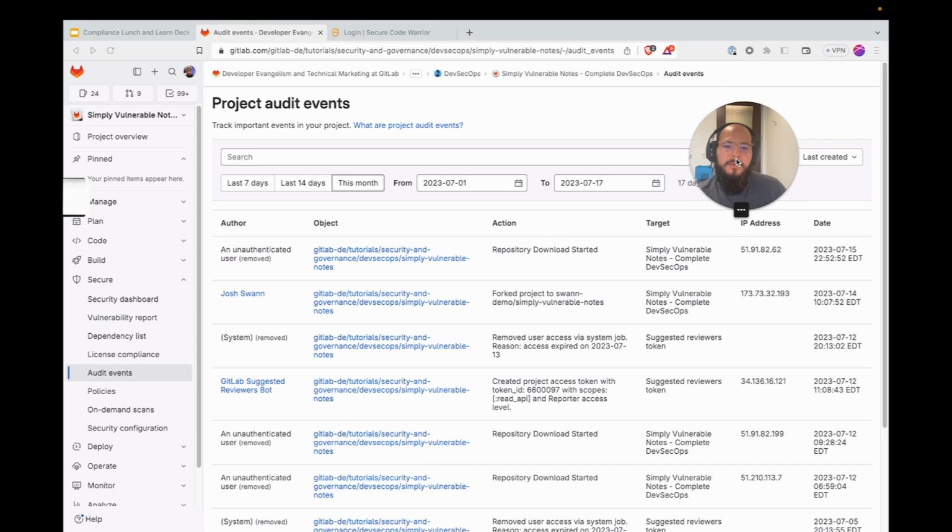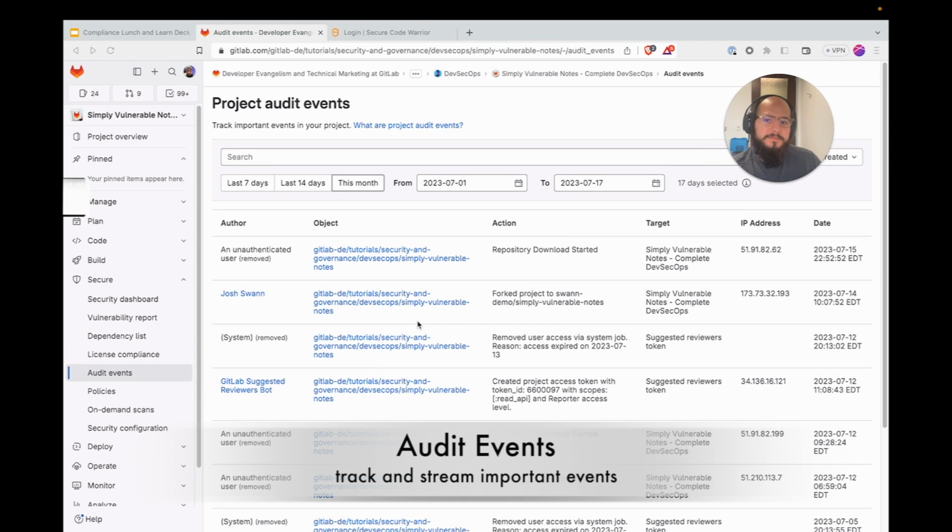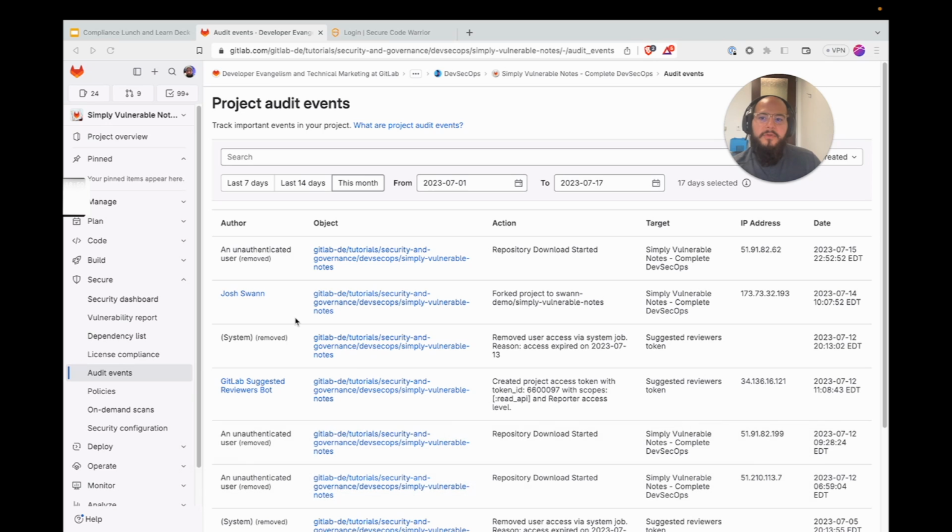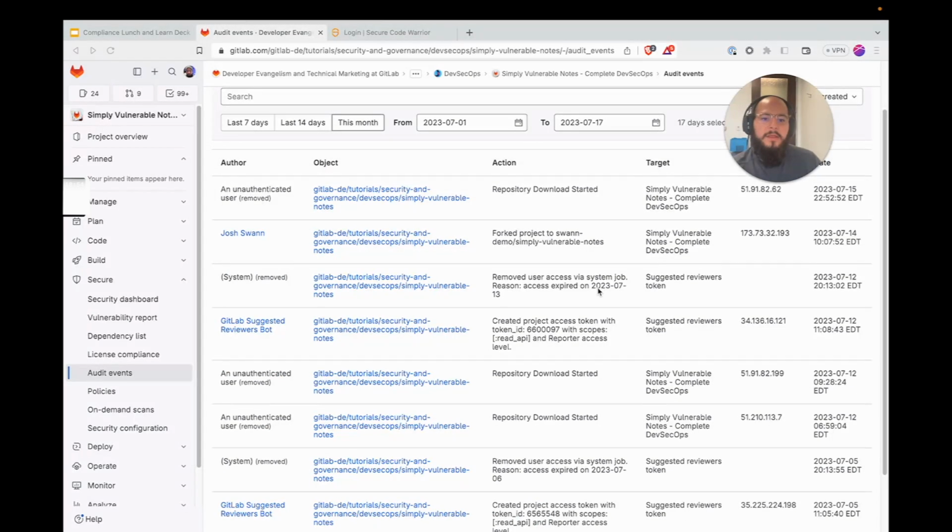Then the next thing I wanted to go over are the audit events. There are audit events for the project and for the group, and they give us information on what's being done in the system that could affect our compliance, such as new members being added, permissions being elevated, tokens being generated, etc. You can look at the documentation to see what is considered an event, so that way you can triage that.